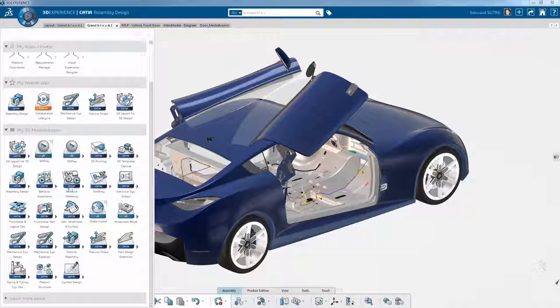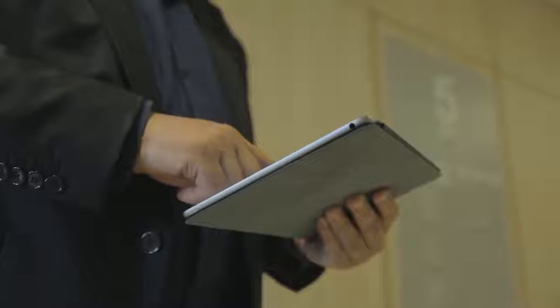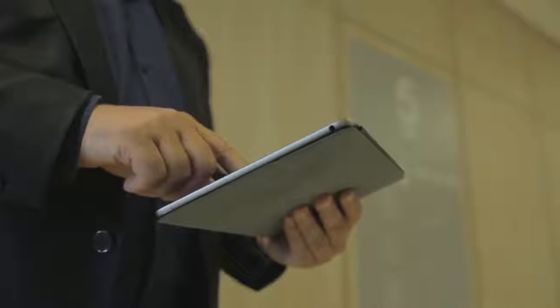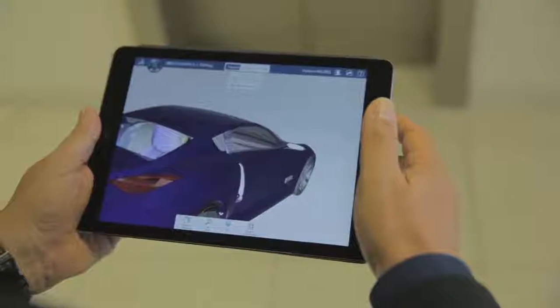How will the project manager connect to this? The project manager wants to check and validate what has been done. To simplify that, he gets access to the platform through, for example, this mobile device with a touch screen where